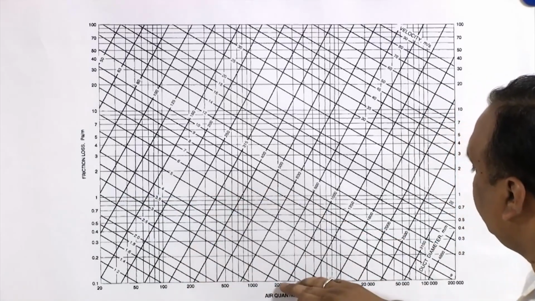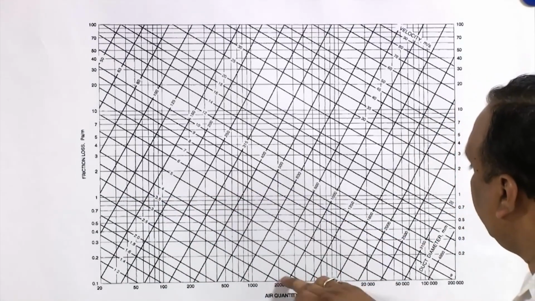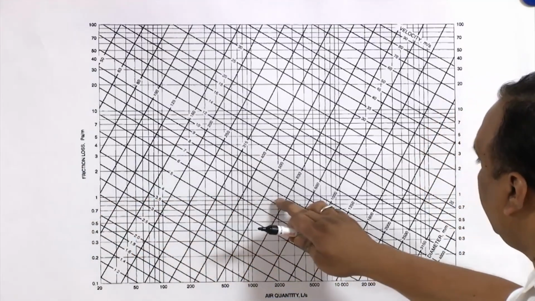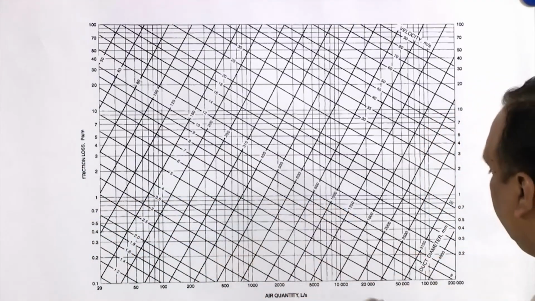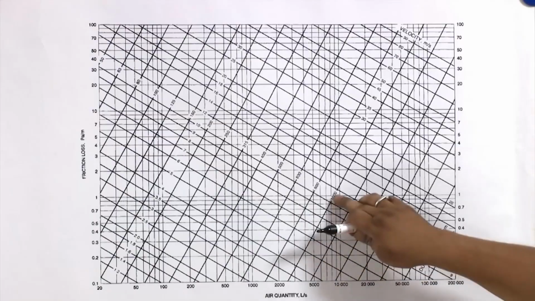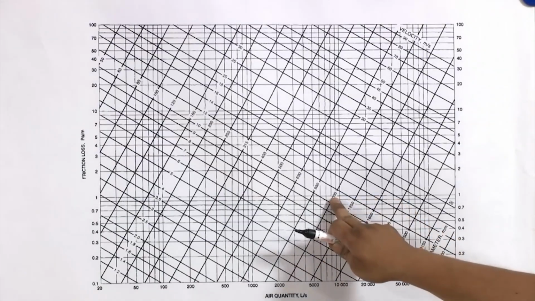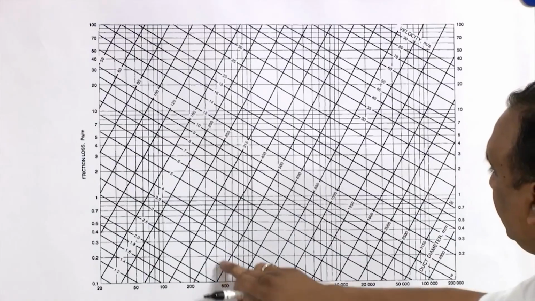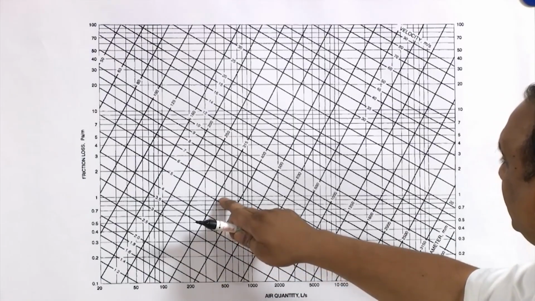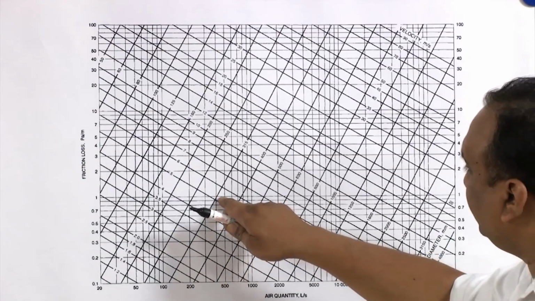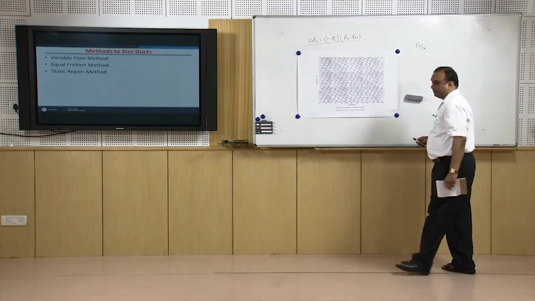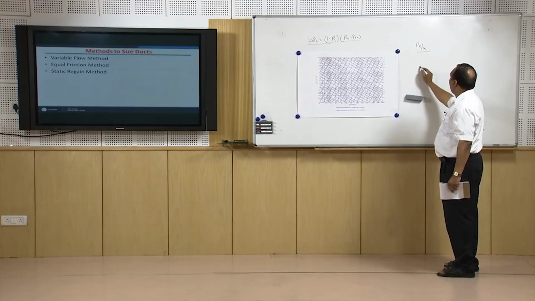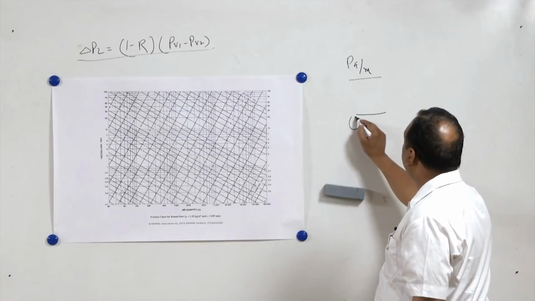Suppose discharge is 2000 liters per second, it is a constant pressure drop, so immediately I can locate the diameter. If the discharge is 10,000, immediately I can locate the diameter, it is approximately 1050. If the discharge is 500, I can immediately locate the diameter, it is approximately 350 millimeters. So in the equal friction method, in all branches of the ductwork, suppose there is a duct network,